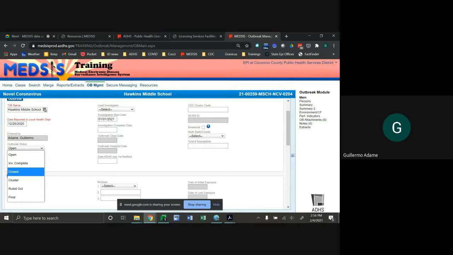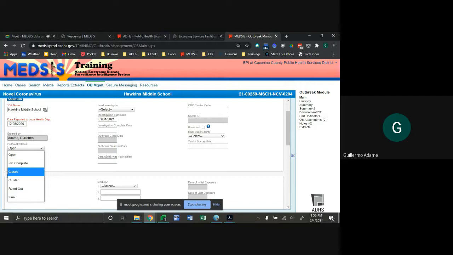Lastly, update the outbreak status to ruled out if the investigator determines that it was not actually an outbreak or did not meet the outbreak definition criteria for the setting, or there wasn't enough information available to determine that it was an outbreak. All suspect outbreaks should be recorded in the outbreak module, but the outbreak will then be considered confirmed only if meeting the criteria as outlined in the outbreak definition. Because outbreak entries cannot be deleted or merged, update the outbreak status to ruled out if the outbreak entry is a duplicate or if the outbreak entry was entered with the wrong morbidity, as I mentioned.